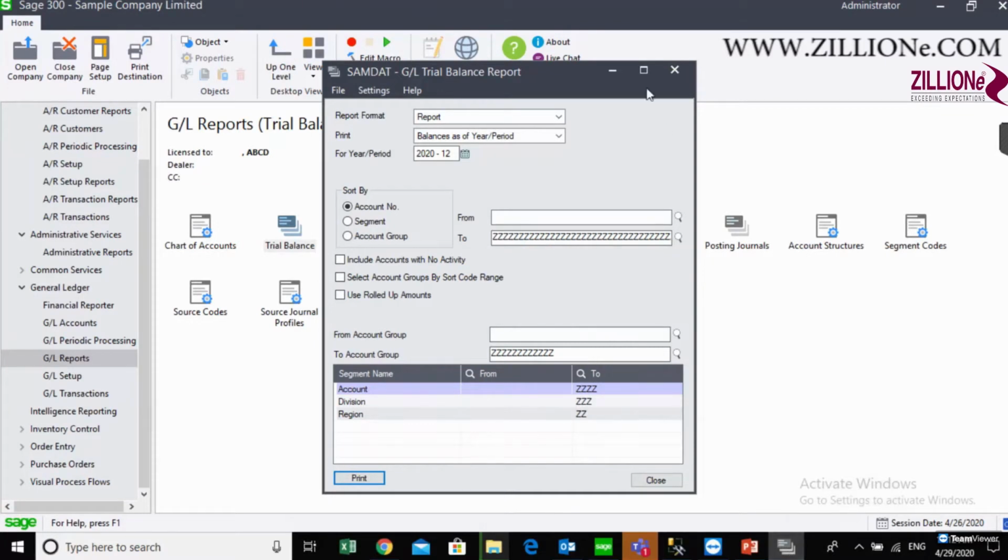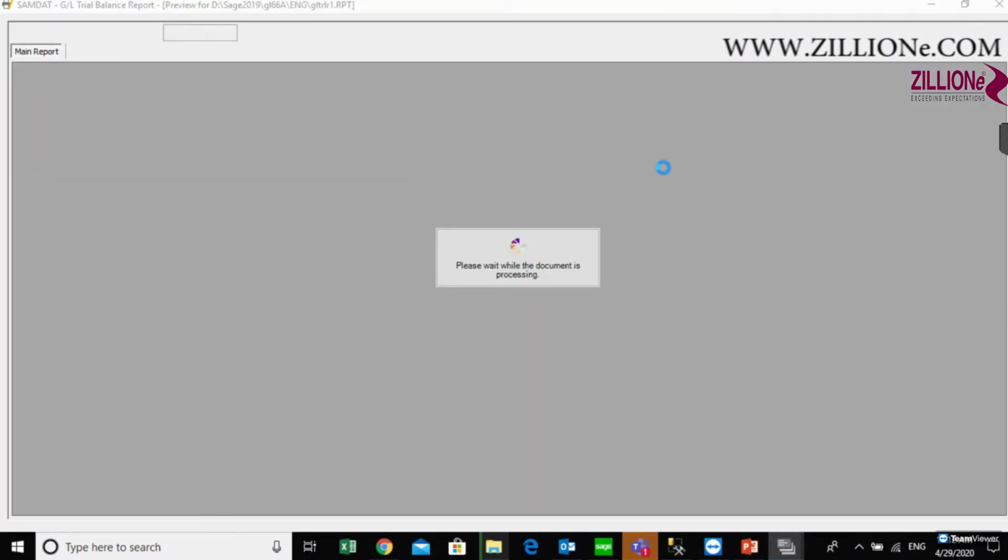You have to print both reports. One is the 12th period trial balance, and you also have to take the closing period as well.